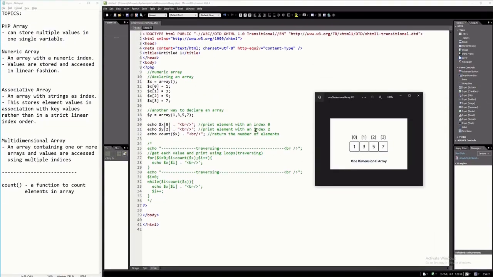Hello everyone, in this tutorial video, I will explain the PHP array. Basically, there are three types of array in PHP: the numeric array, the associative array, and the multi-dimensional array. I will create a separate video for each of these types of array, but in this tutorial video, I will